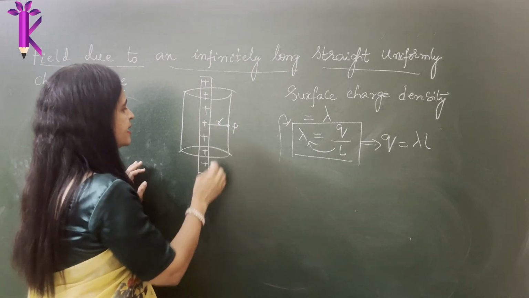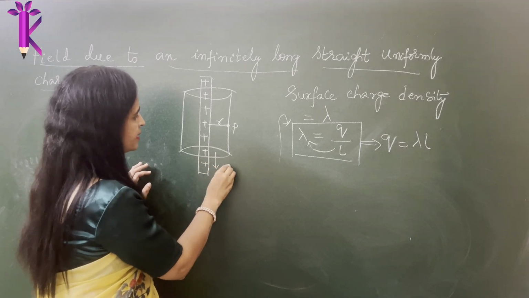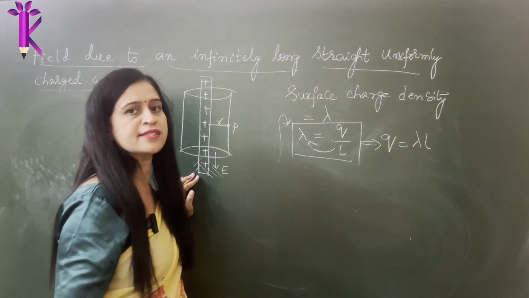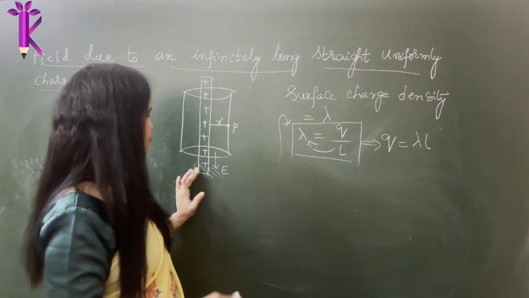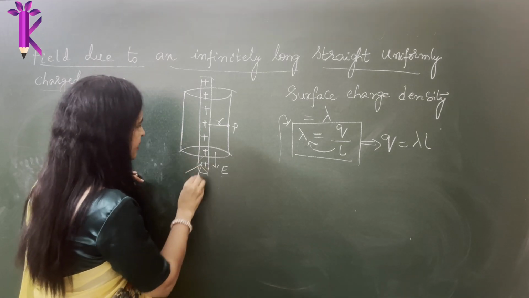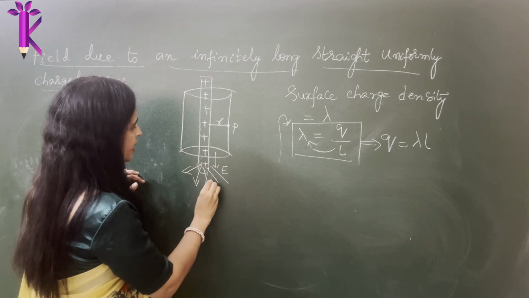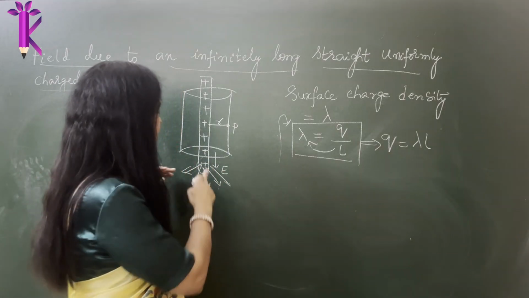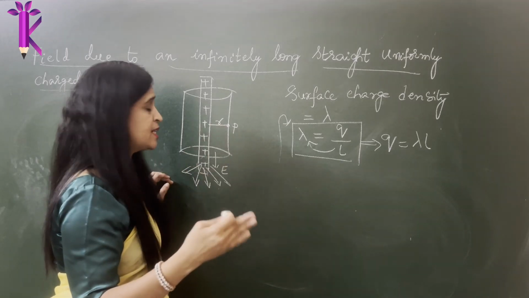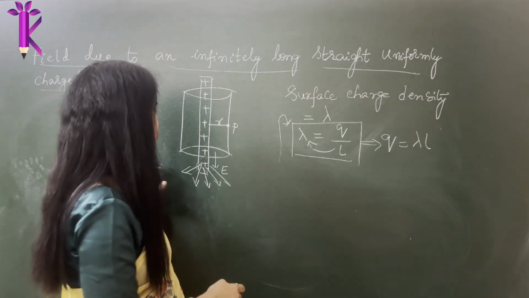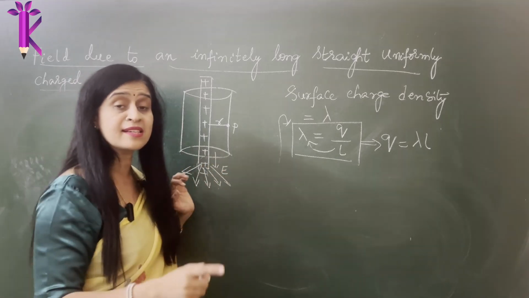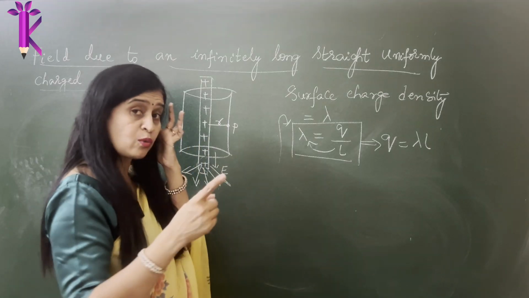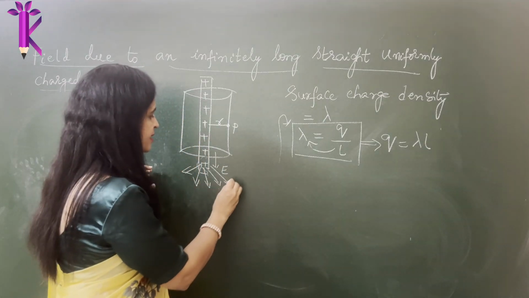Now, what are you supposed to write? Due to this cylindrical shape, you see that the electric field lines are radially outward. Of course, the wire is infinitely long, and the imaginary cylinder also has to be infinitely long. At the edges, you see that they become radially outward. There will be hardly any lines pointing in this direction because the field wants to go away from the other positive charge due to forces of repulsion. The repulsive forces are really strong forces. Therefore, you call this effect the curling effect or fringing effect. We have discussed it in much detail in one of my previous videos, so you can watch more there. If not, this is enough for you to understand.